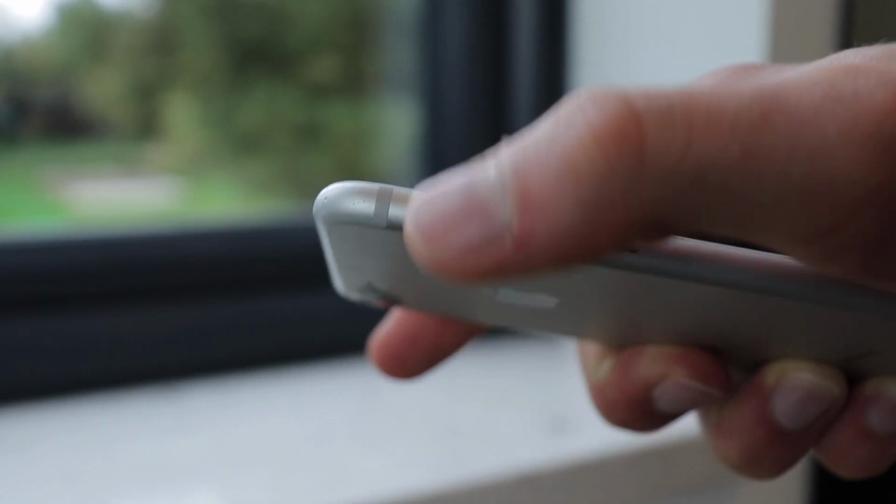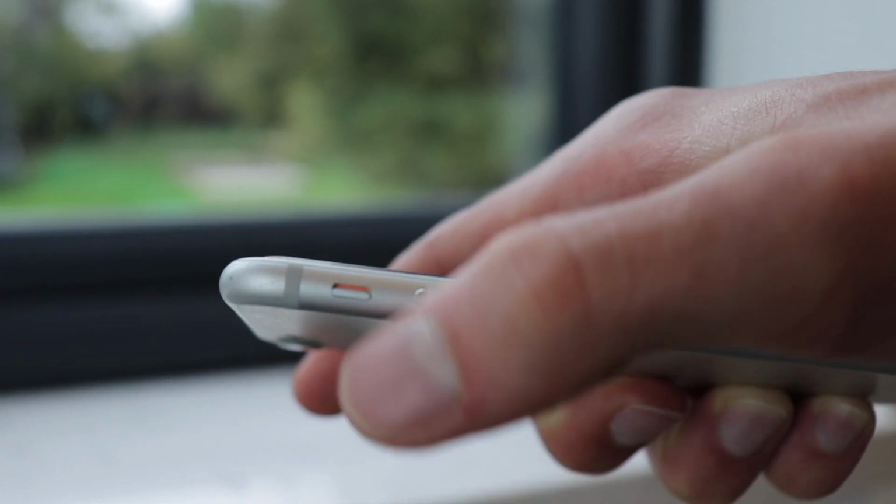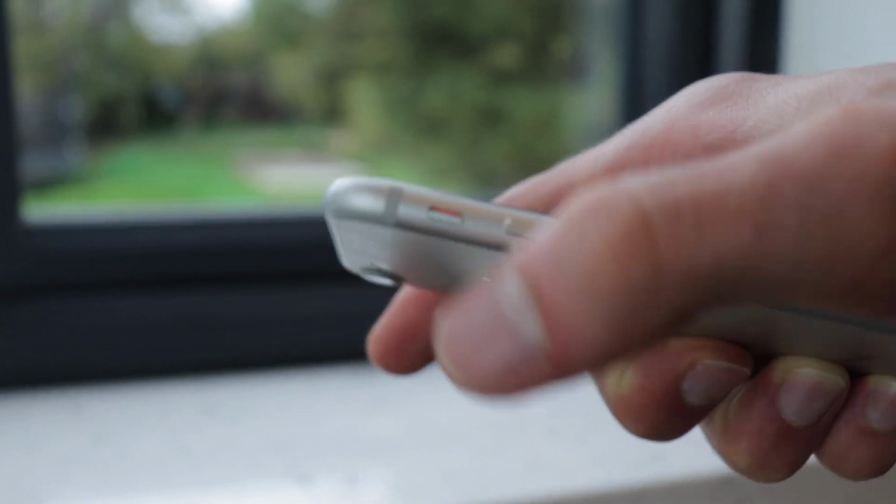So when you turn the mute switch on, for example, as I can show you here, when I turn the mute switch on and off, I don't know if you might be able to hear this. This is something that you have to feel in person,